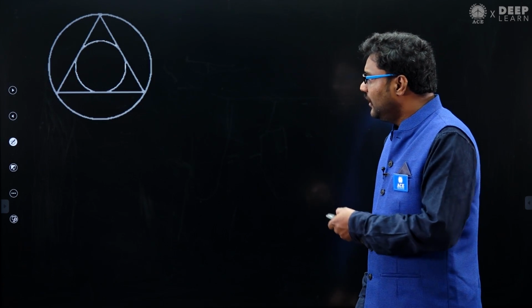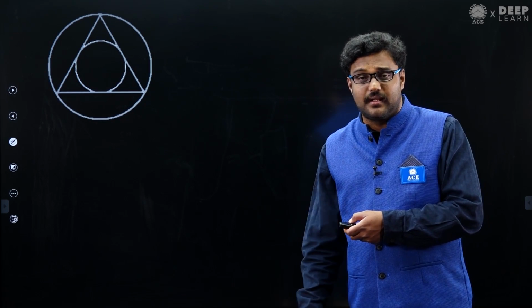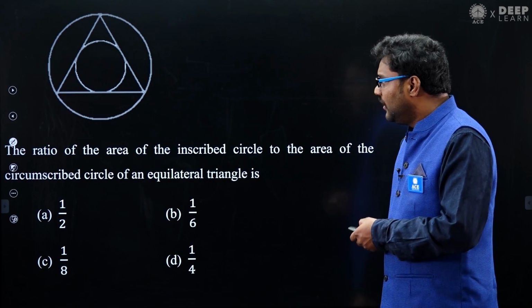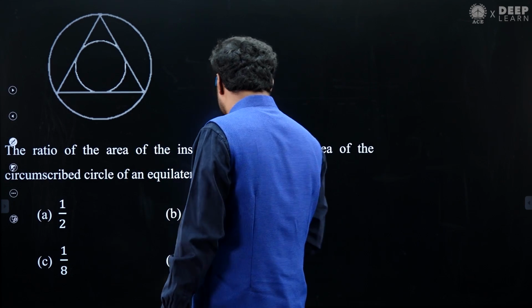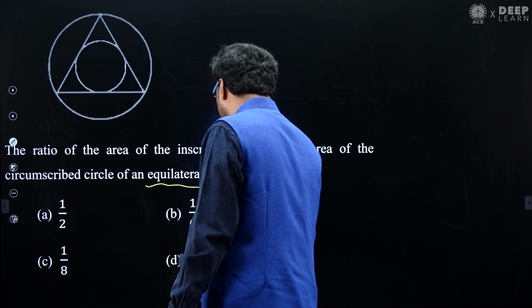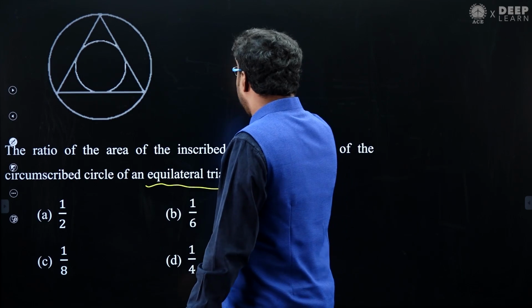See the next question. Circumcircle related is given. We know this is an equilateral triangle, my dear friends. They mentioned this is an equilateral triangle. If a triangle is there,